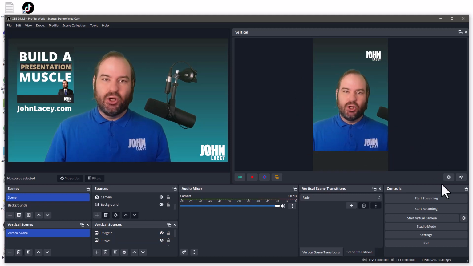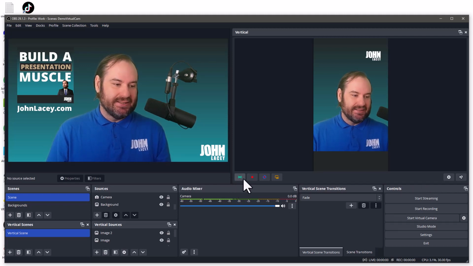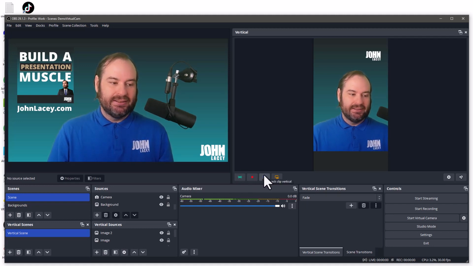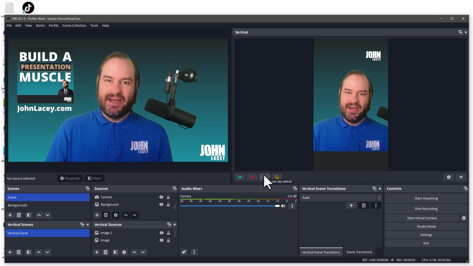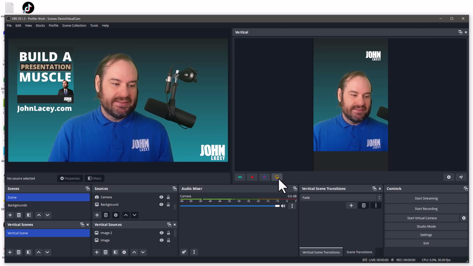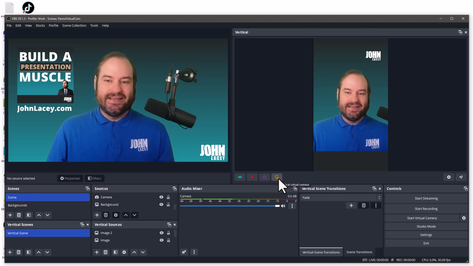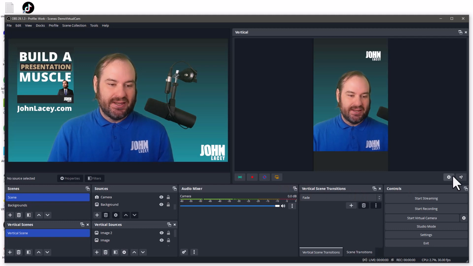So a few things to note about the Aitum Vertical plugin. You've got these options down here. So we've got the ability to start streaming vertically. We can record vertically. We can do the Backtrack clip vertical, which is sort of just a replay buffer. And we do also have a virtual vertical camera. The vertical virtual camera is really good for getting into TikTok's streaming service, but we do also have the